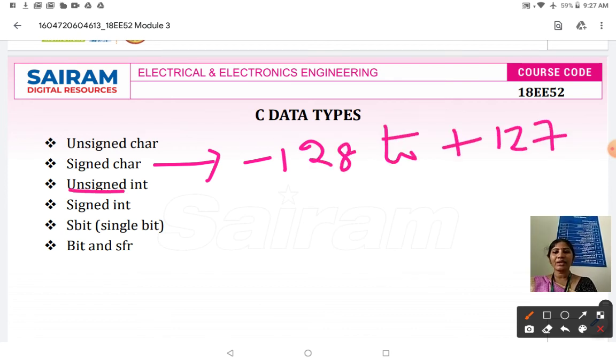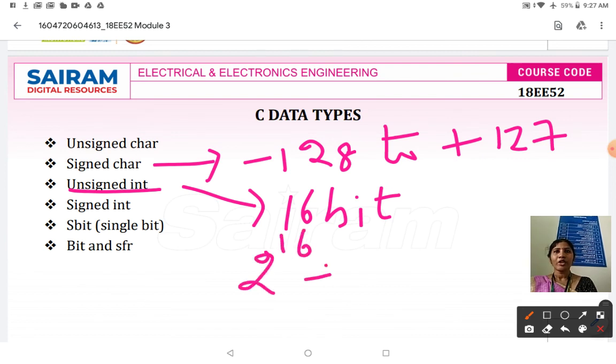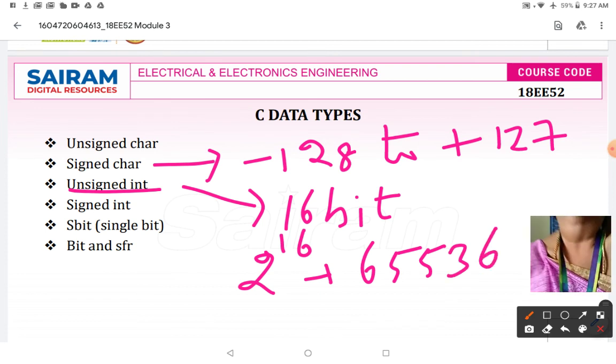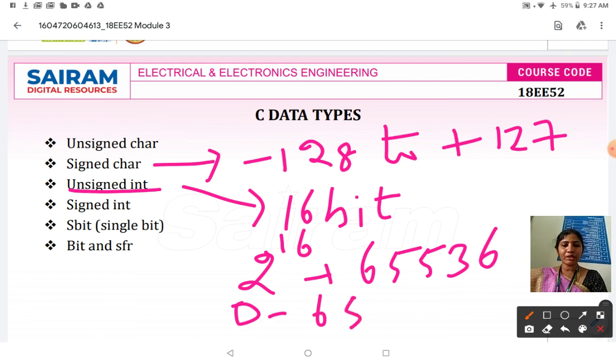Then unsigned int. Unsigned int is 16 bit. 2 power 16 gives 65,536. It means we use it from 0 to 65,535.